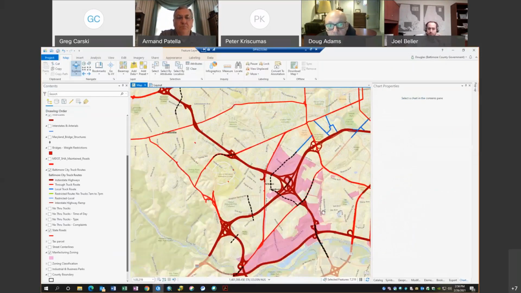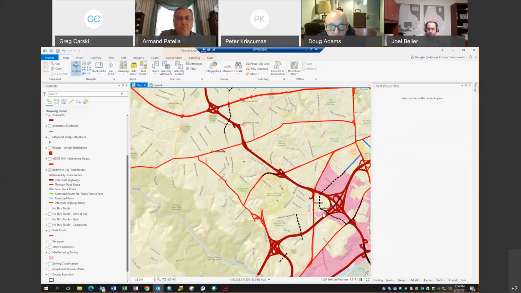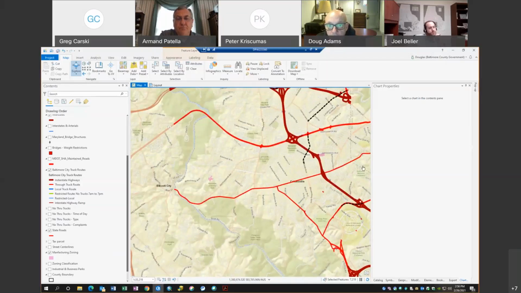So it sounds like all the state roads are game through here. We've got 195 Rolling Road coming through here. We've got Wilkins Avenue coming out of the city, so there's good connectivity there. We've got Frederick Road coming out of the city, going all the way through to Catonsville and Ellicott City. I know that even though the cake mix factory closed down here, there are still trucks using this to go through to Ellicott City and west. So I'm assuming that would stay.